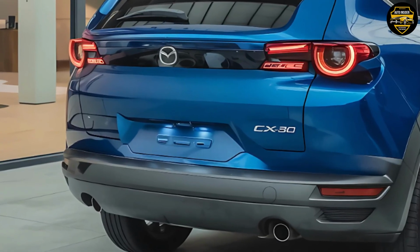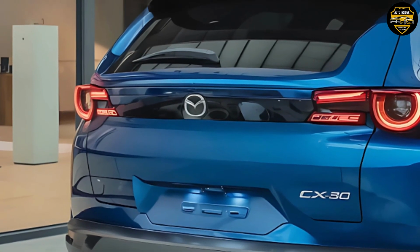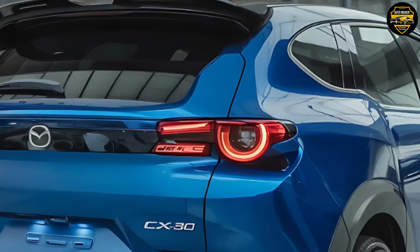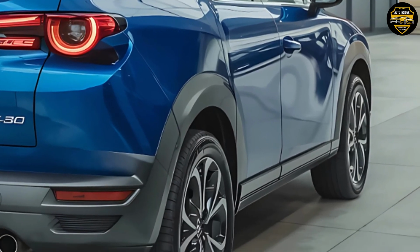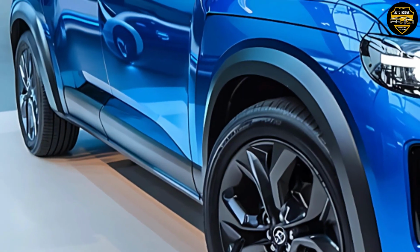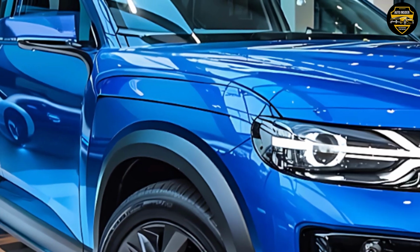But where the CX-30 really begins to separate itself is once you step inside. Mazda's interiors have long been punching above their weight, and this 2026 model continues that tradition. The dashboard layout is clean and minimalist, almost Scandinavian in its simplicity, and everything you touch feels solid. Soft touch materials cover much of the cabin, real stitching runs along the dash and doors, and metallic accents give